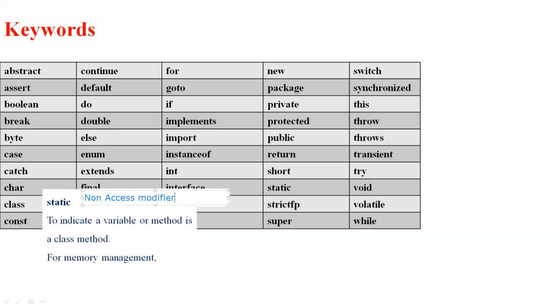This static is used for memory management purposes. A static method cannot be accessed without creating an object of a particular class. Without having a particular class or object, this static cannot work.